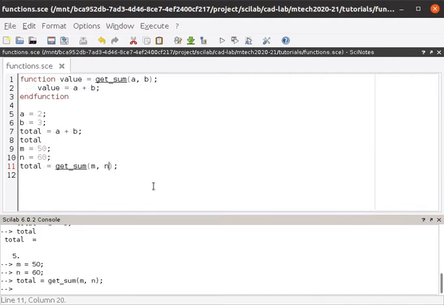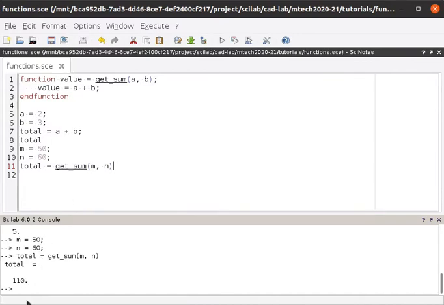Save the program and run the program, and at this time it has not given the calculated value. It has not given because we have put here a semicolon. I told you in my first video, we remove this from here. Now you run the program and it will give you 110.